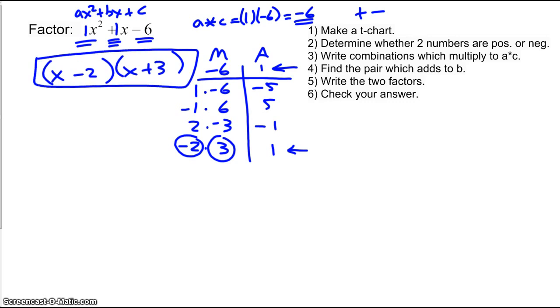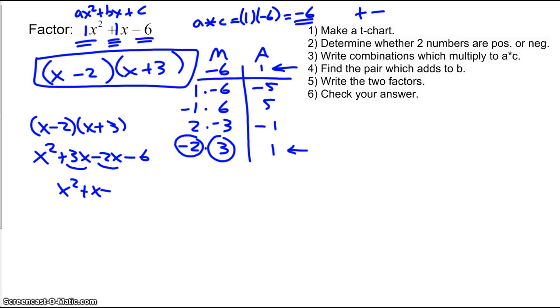Now, we should always finish this procedure by checking our answer if we have time, by doing the distribution procedure just to make sure that it produces the original expression. So x times x is x squared, x times 3 is 3x, negative 2 times x, and then negative 6, that's negative 2 times 3. Combine the like terms here, x squared plus x minus 6. Sure enough, that does match the original,